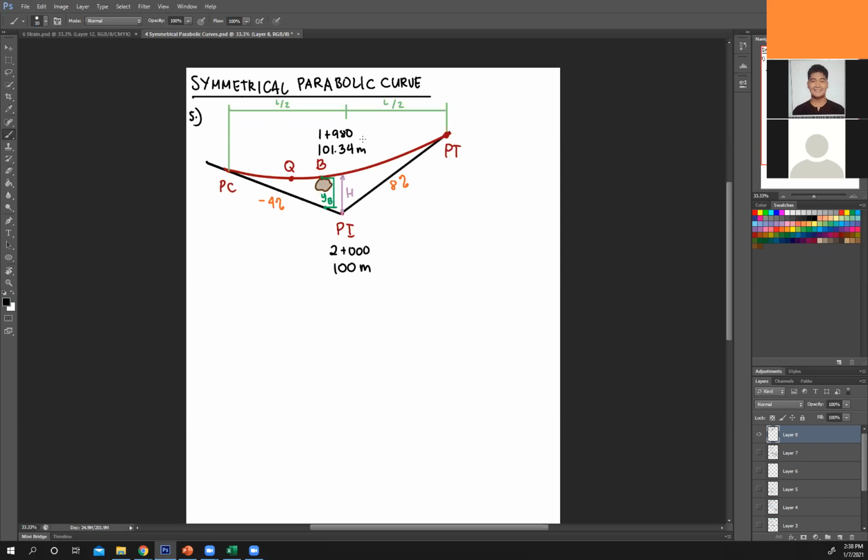And then I want to know this. And actually, I want to know this length. So to know this length, I need to compare to this. So get it here. Then to get this length, I also need to know what's the elevation of B. So let's start with that. The elevation of B is equal to your given PI. So elevation PI plus this total length.